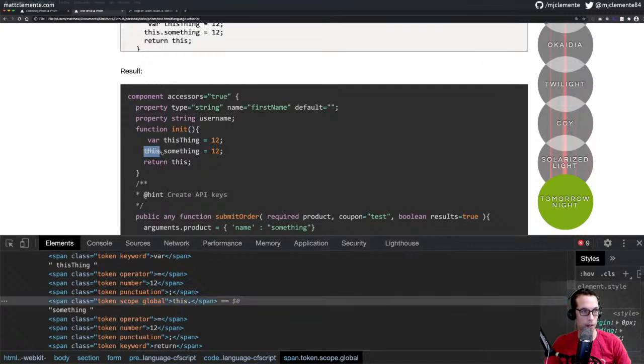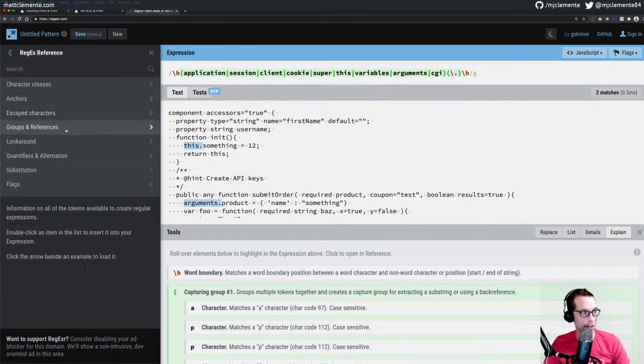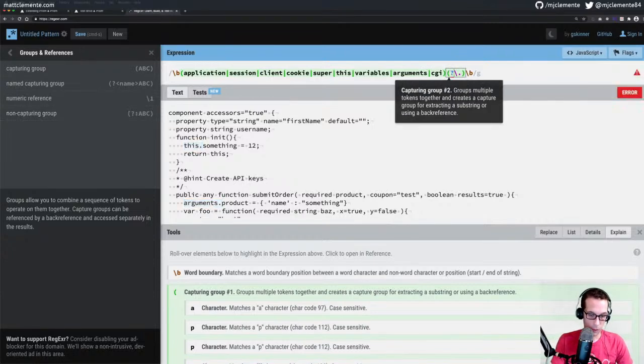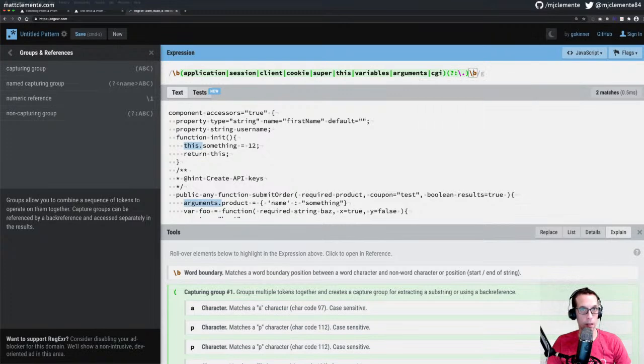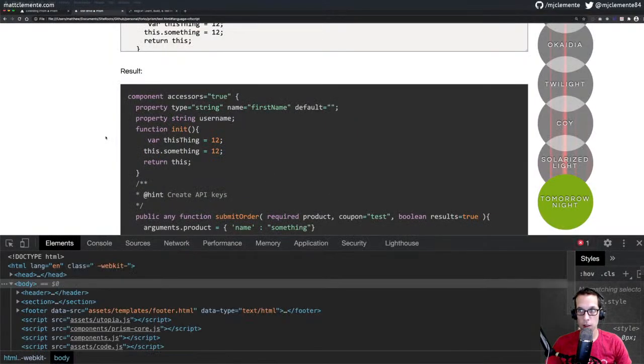Now we don't actually want to capture that dot because it's punctuation, so we want it to be in a non-capturing group, which is what. Let's just do our cheat sheet. Our cheat sheet groups non-capturing is question mark colon. So I think we might even be able to use this whole line here. Let's toss this in for our scope matcher. See if it works. Test drive, fingers crossed. Always cross the fingers. And inspect